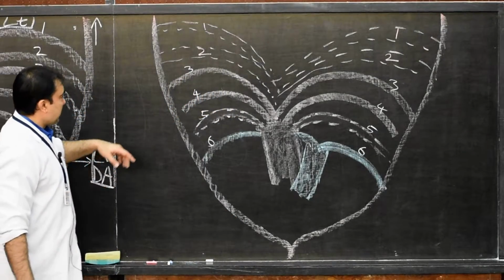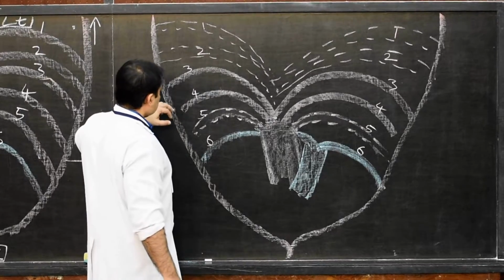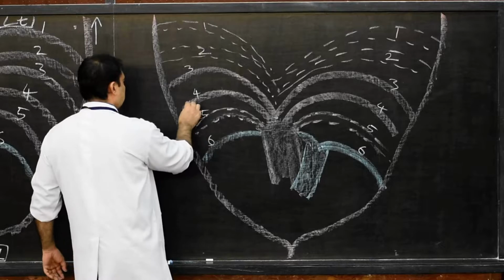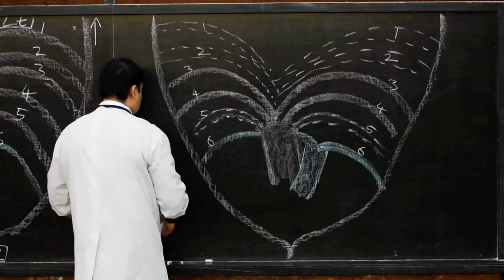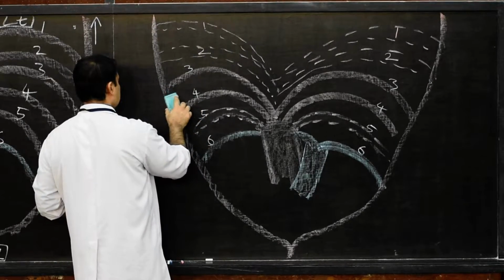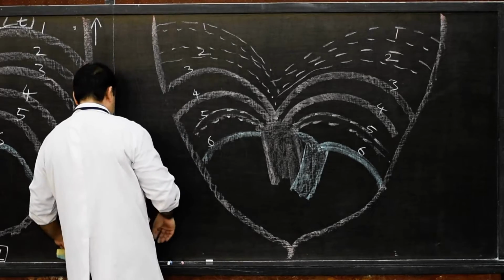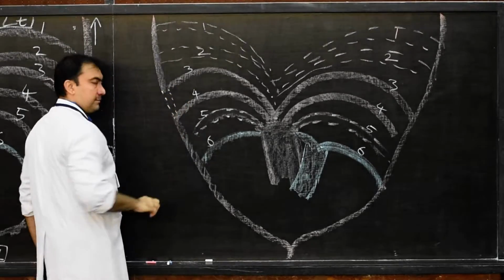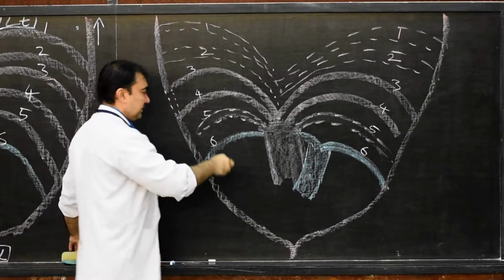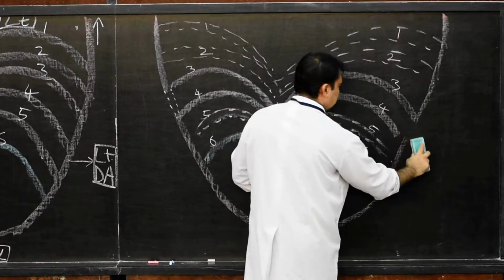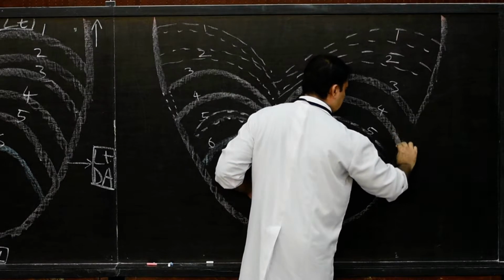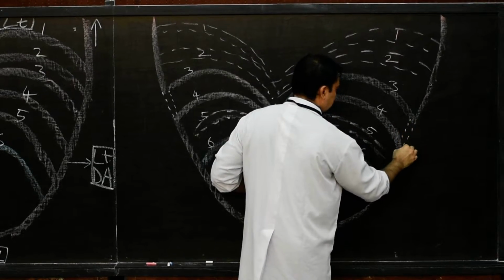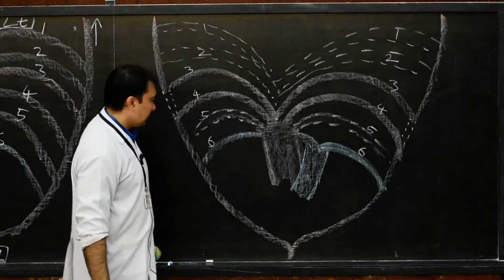Now what will happen? Now in between third and fourth, we will rub it and we will show in the form of dotted margin the right dorsal aorta. Same on the left side, in between third and fourth. Remember, only in between third and fourth we show in the form of dotted margin.